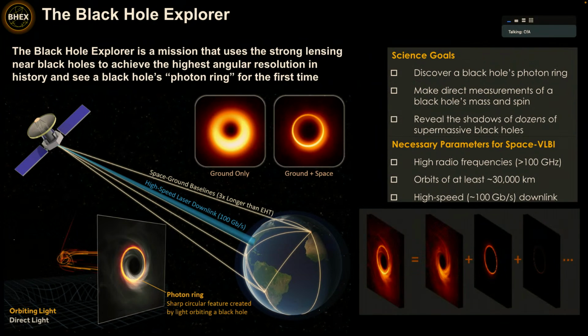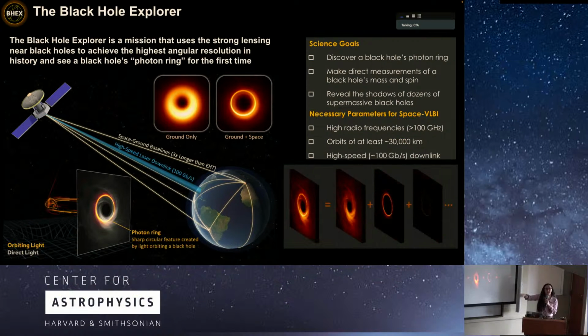We're thinking about expanding the resolution of the EHT into space, and one of those concept missions is led out here at the CfA by Michael Johnson and the Black Hole Explorer team. The Black Hole Explorer is a mission to image this photon ring feature, a sharp circular feature hidden within our EHT images that is created by light making specific orbits around the black hole and encoding properties of the space-time around the black hole. And we think that the photon ring carries information about black hole spin, and by imaging the photon ring, we could measure the spin of our 2 black holes.